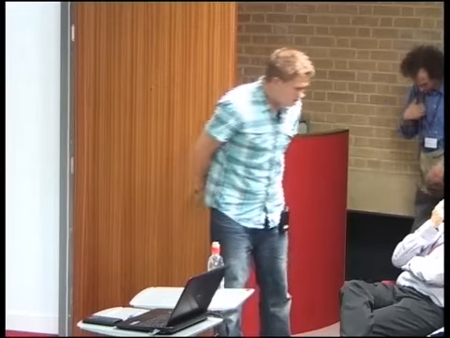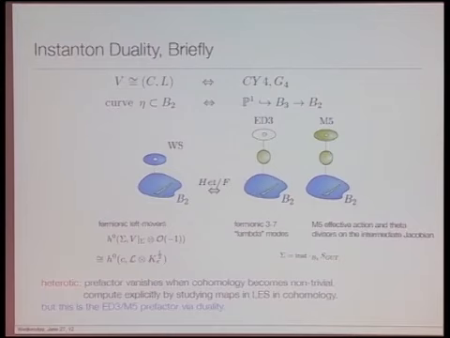So the instanton duality that I'd briefly like to describe is between the heterotic string on the left side, where you have a heterotic world sheet instanton wrapping a curve sigma. I will use the term sigma throughout, in a base B2. You have a holomorphic vector bundle specified in the spectral cover formalism, and this corresponds to specifying a curve eta. That is one of the things that determines the moduli in C. And on the F-theory side, you have a Calabi-Yau fourfold with some G4 flux.